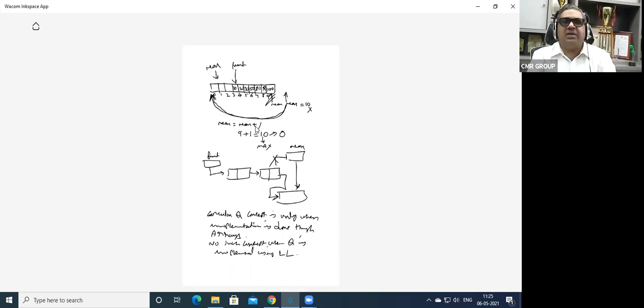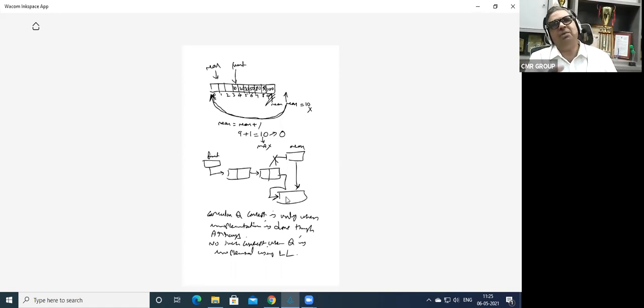Why? Because dynamically the memory is being allocated, and here it is static memory allocation. After 10 locations or 15 locations are over, it has to come back to this one. Whatever the deleted locations, you are going to use them. But here there's nothing of that sort, because if it is deleted, it is given back to the operating system, right? And if insertion is required, you ask the operating system to give the memory. So it is dynamic. So where is the question of unused locations, or deleted locations, here?